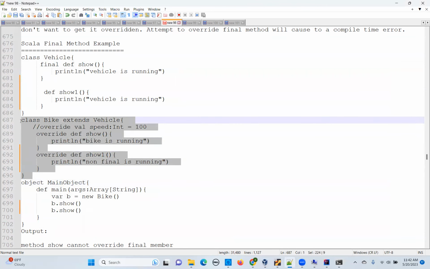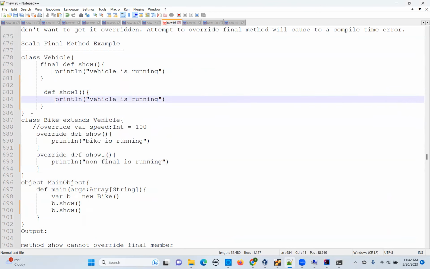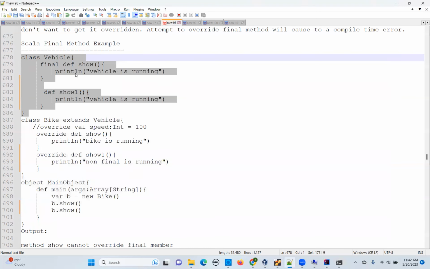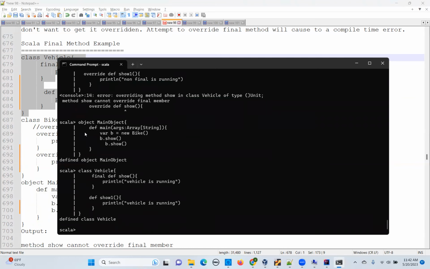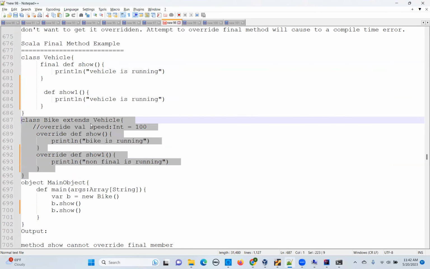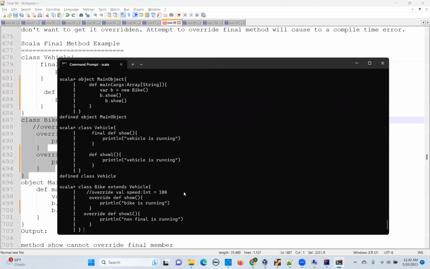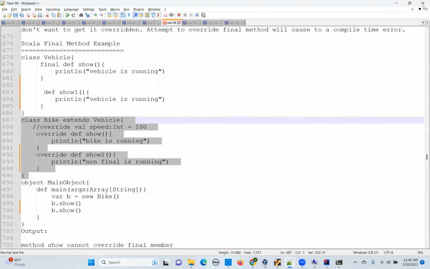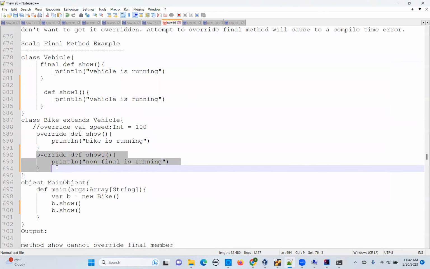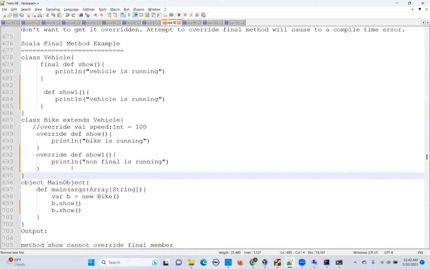When you're creating this class itself, you are getting the error. This class is not a problem because this class is just having the function. So this class will not give any issue. This class is fine. But when you are trying this class where you are extending the vehicle, you will get the problem because you are extending vehicle and defining the show, which is final. So either you remove this function, or you just don't use this function. So you comment it with /star